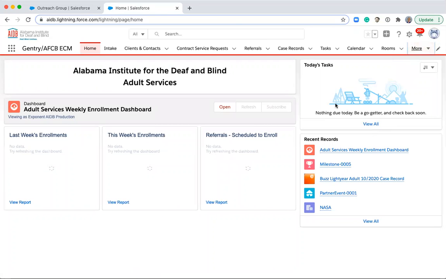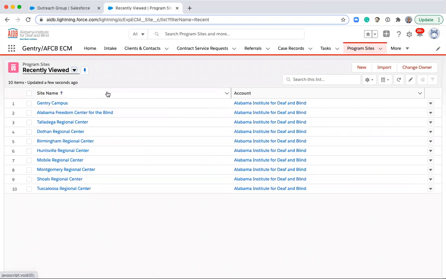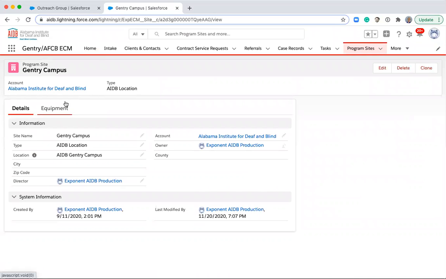Okay, here's our program site tab open on our application. Here we can see all of the different program sites for AIDB. We can click on the program site that we are involved with. At this point, I don't believe there's equipment added for Talladega, which I was demonstrating with, so I'm going to use Gentry Campus. And when we open the Gentry Campus program site record, we can see our details of Gentry,